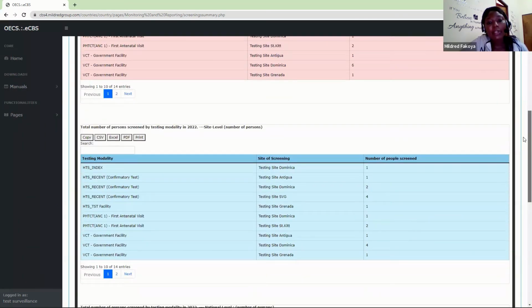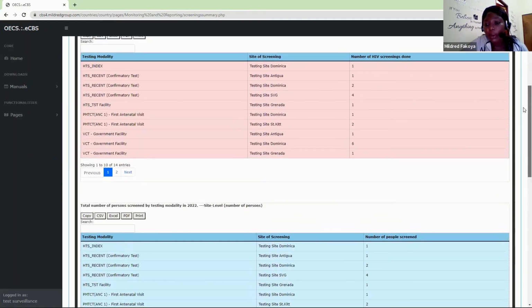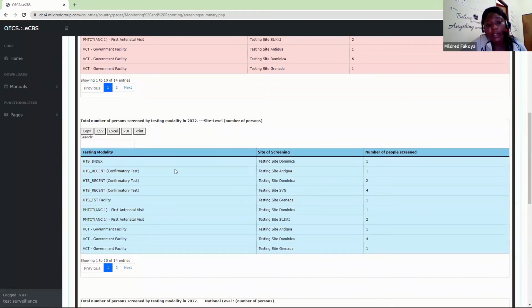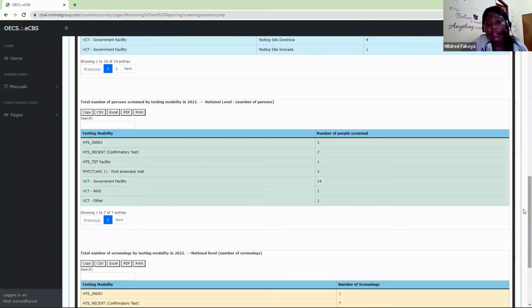We also have that for the number of persons screened. So the number of screenings might always be more than the number of persons because one person can have more than one screening done. So you have the number of unique persons screened. So if you want to get the total number of persons that were screened at a site, you can take the numbers here. Now, these same figures are calculated on a country or national level,